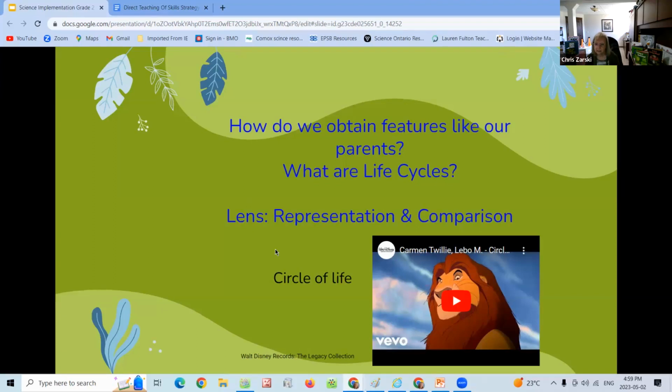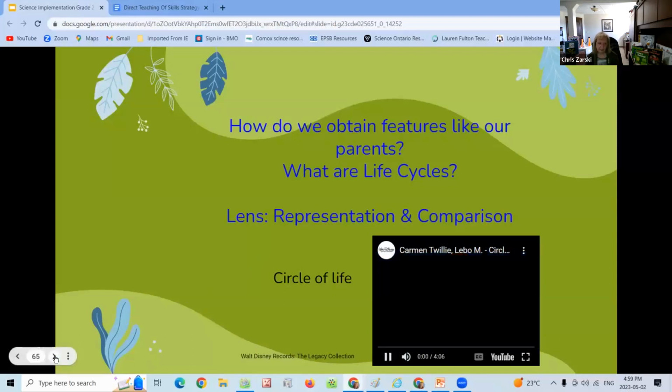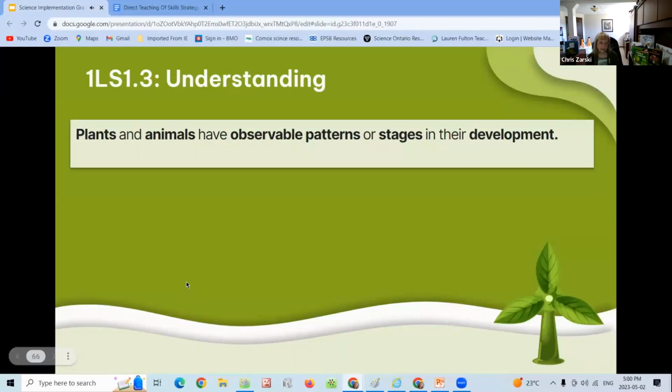We want life cycles. What does it mean to have a life cycle? What is a life cycle? Is a life cycle for a human the same as a life cycle for a plant? Are they? So plants and animals have certain patterns and stages in their development. So we would unpack